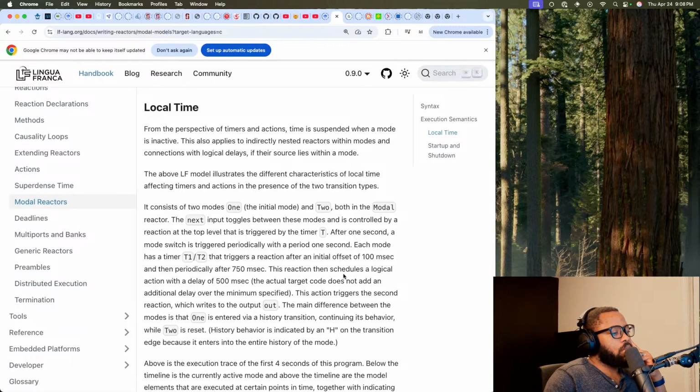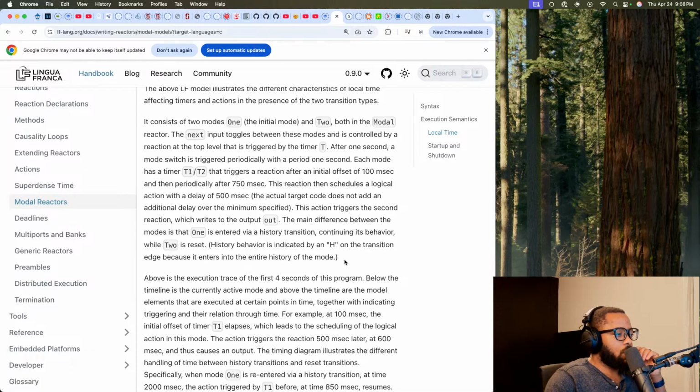This reaction then schedules a logical action with a delay of 500 milliseconds. This action triggers the second reaction, which writes to the output. It's kind of hard to follow this concretely without the actual example to see. That's kind of annoying.